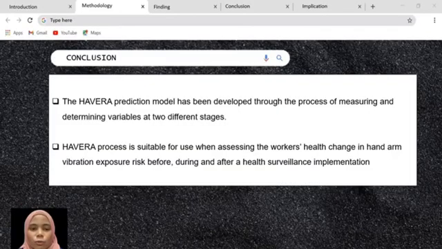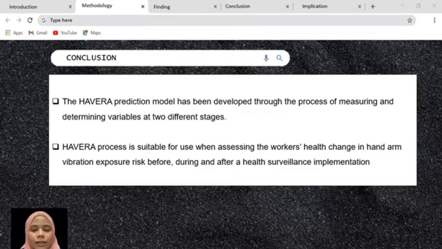As a conclusion, the HAVERA prediction method has been developed through the process of measuring and determining variables at two different stages, which are evaluation of HAVERA process and prediction health effect model of HAVERA process. Based on the result obtained so far, it can be concluded that the HAVERA process is suitable for use when assessing the worker's health change in hand-arm vibration exposure risk before, during, and after a health